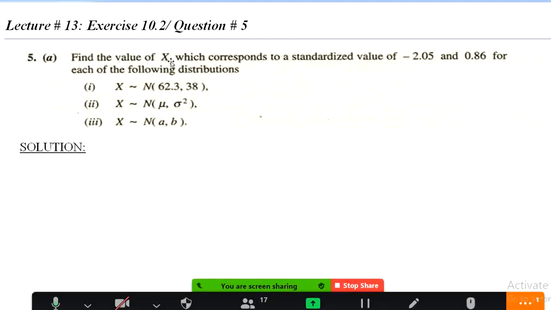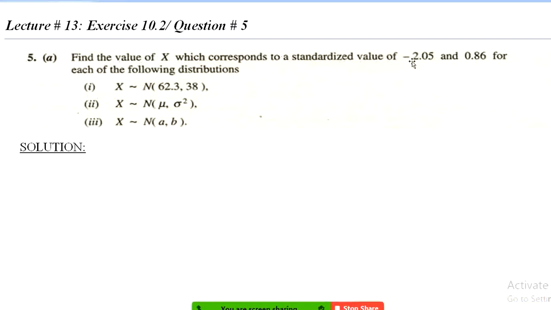Find the value of x which corresponds to the standardized value of minus 2.05 and 0.86 of each of the following distribution. Part 1. If x approaches to a normal distribution with mean 62.3 and variance 38. So